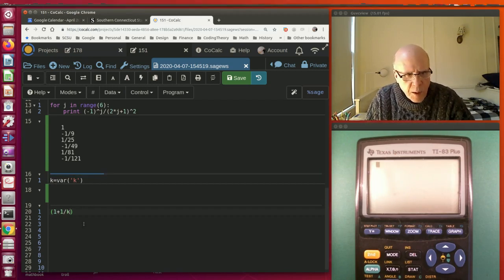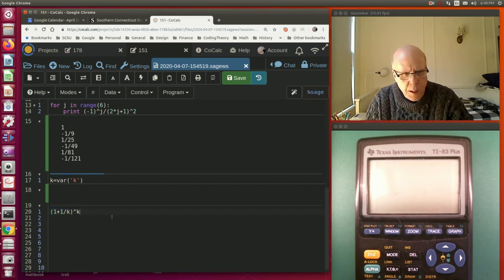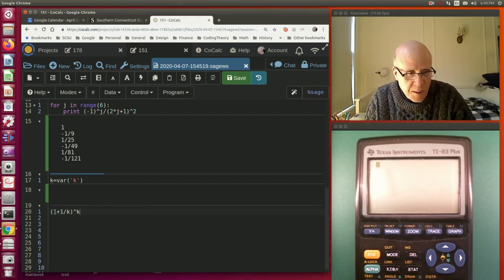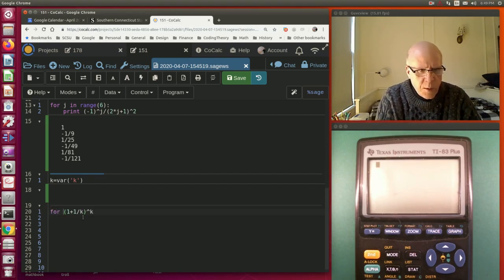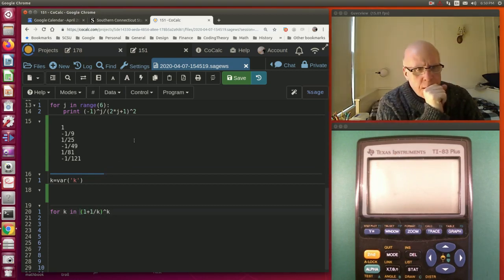I set k to be a variable, raised to the kth power. And of course, if I just type that, it's just going to echo that result, because it's just a symbolic expression. What I would like to do instead is have it print out the value of that for interesting values of k. So I'm going to use for k in